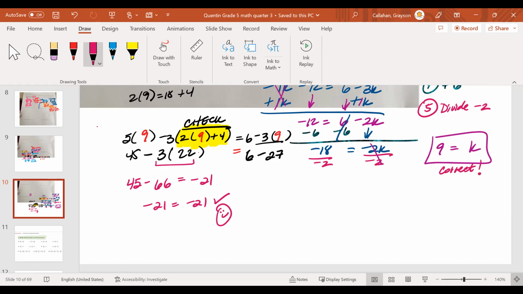Okay, so then you know your answer, 9 equals K, is what? It's correct. Because since these two equal, you know your answer, 9 equals K, is correct. If it doesn't equal, then you know it's not. Okay? All right, that was a lot. So that concludes